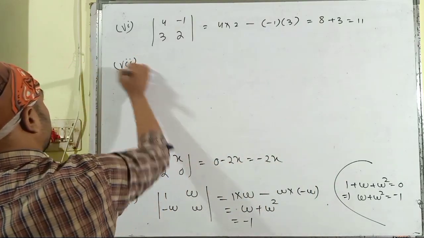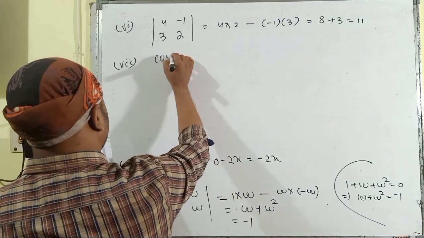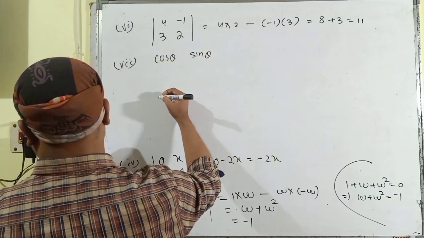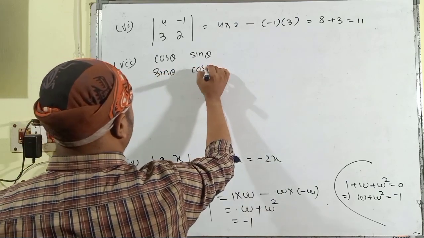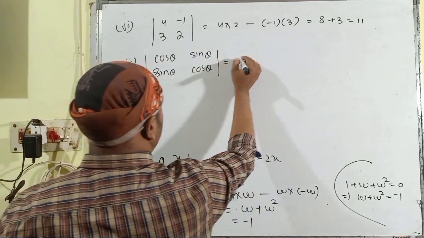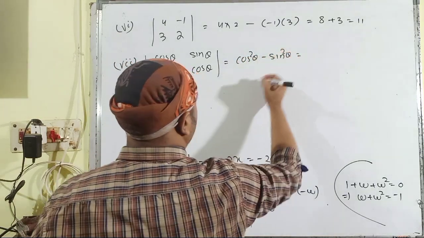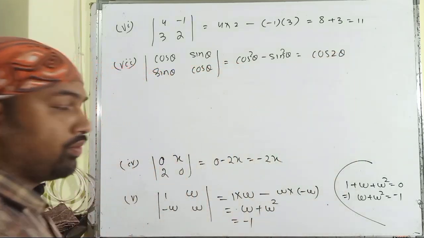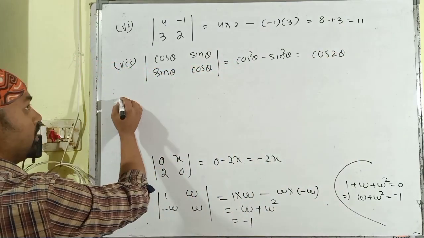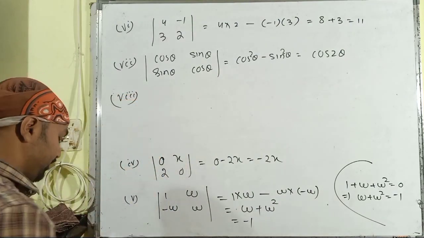Then the seventh bit is here. Cos theta, sin theta, then sin theta and cos theta. And then this will be cos square theta minus sin square theta, and that is cos 2 theta. It is from the chapter of trigonometry, and this is one of the formulas. Then eighth bit,